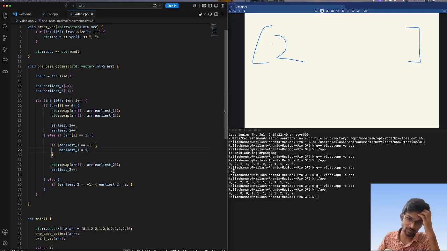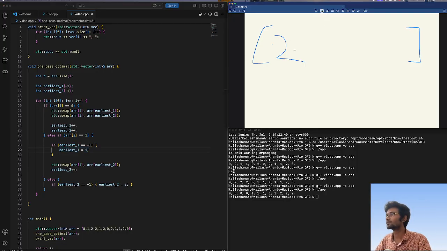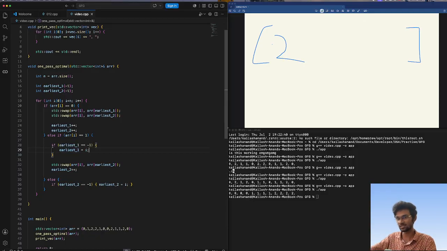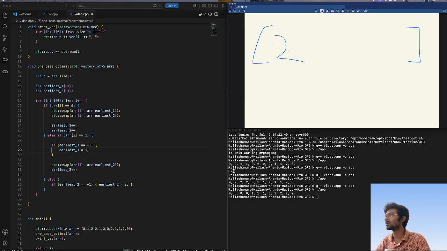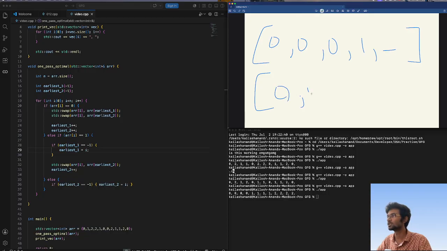Now there is a thing that you have to keep in mind, which is this 1 would be in the correct place. If you're seeing 1 for the first time, that would be in the correct place only if you haven't already seen a 2. So what I mean by that is, let's say you have a case where it's like 0, 0, 0, and then you're seeing a 1 and then something, versus you're seeing 0, 0, but instead of the 0 there is a 2 and then you're seeing a